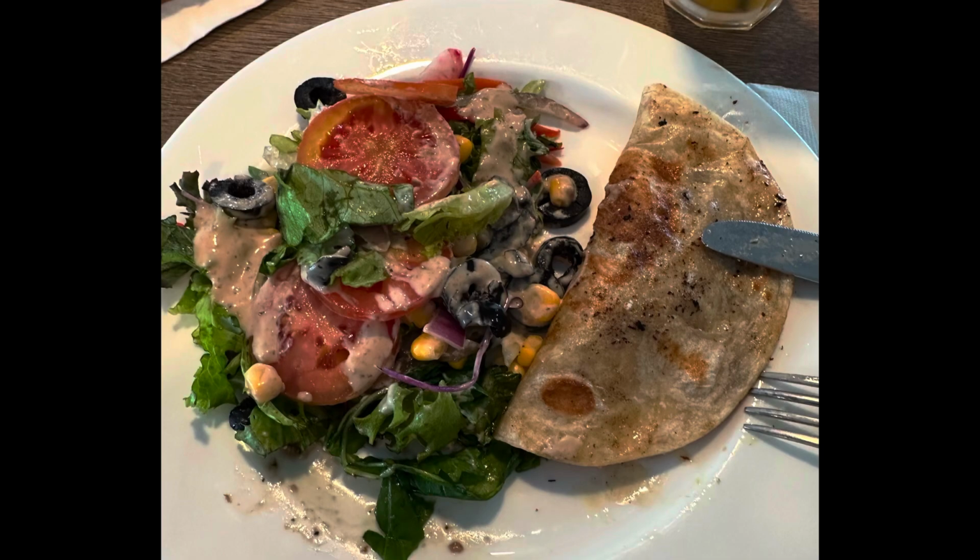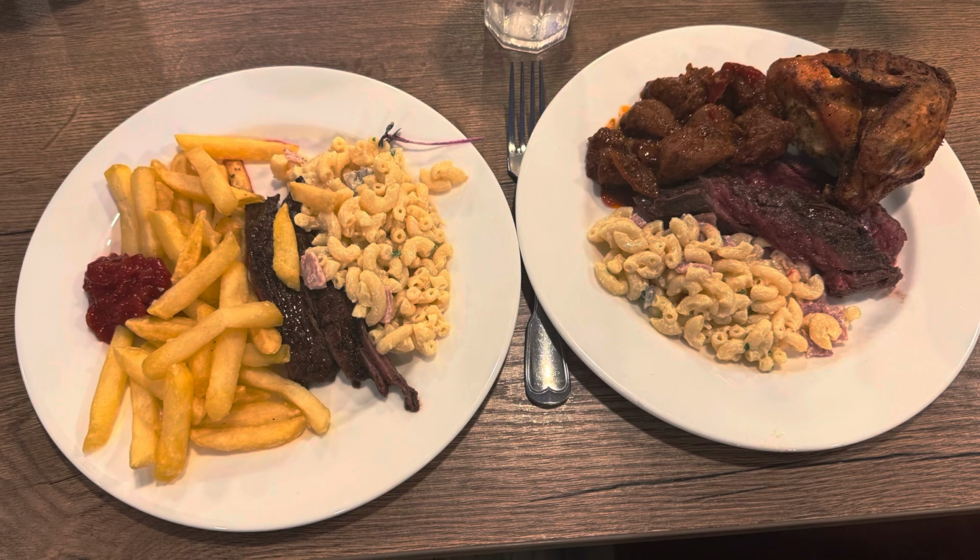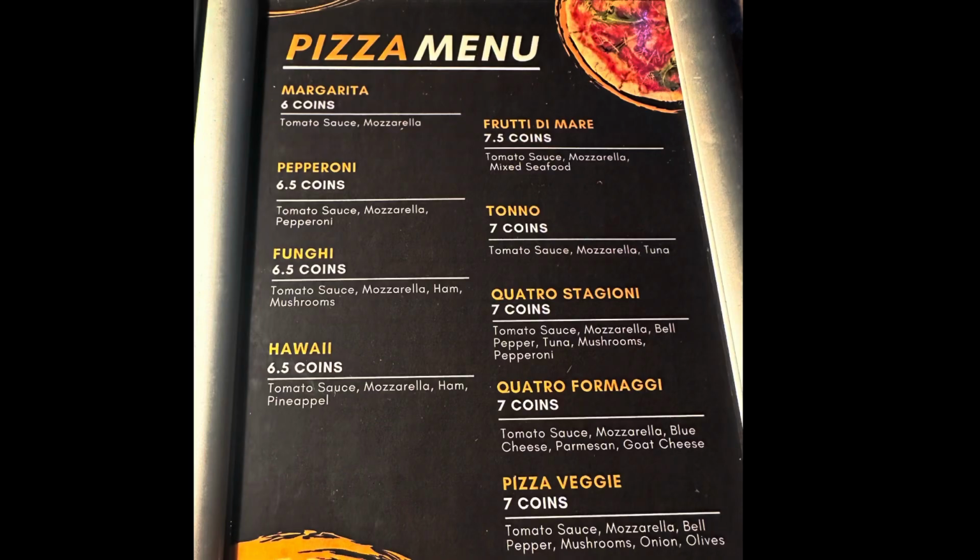I would also like to note that when the pools close, those bars close. So after 6 p.m., the only place to get alcoholic drinks are either in the buffet dining room or at the pizza bar. Speaking of pizza, here's the pizza options that are available to you at lunch and dinner. When you place an order, you are placing an order for an entire pizza. So if you're not able to finish it, just note you can take that extra pizza back to your room